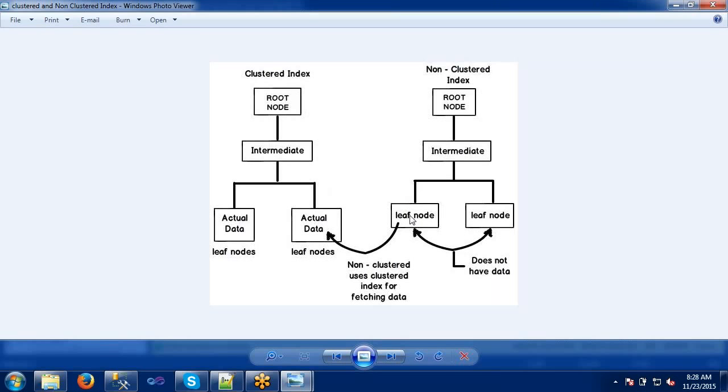Here the leaf nodes are connected to other leaf nodes. But in our cluster index, we don't have any interaction between these leaf nodes. In non-cluster indexes, we have interaction between the leaf nodes. If the data is not found, it will go to another leaf node. It won't check again at the level above; it will check the next leaf nodes. Like this, cluster and non-cluster indexes fetch the data. Let's try to see an example, then we can easily understand.